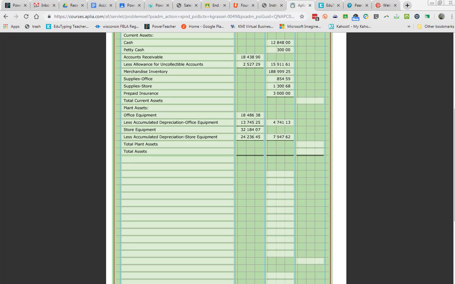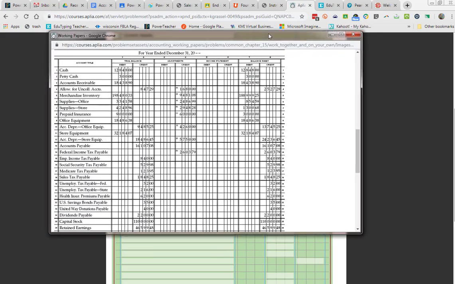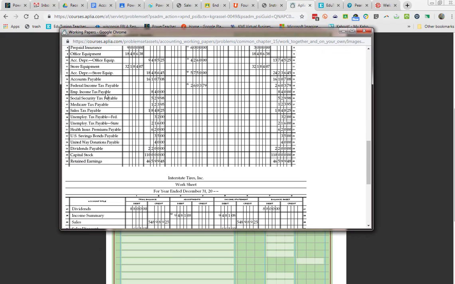So, liabilities is straightforward. The very first thing we have to do is put our heading, and our heading is liabilities. Now, we have current liabilities and long-term liabilities, but in our example right now, we have no long-term liabilities. An example of a long-term liability is something that's going to take a long time to pay off, like a mortgage. We don't have any examples for Interstate Tires, so I'm going to put in my heading of current liabilities followed by a colon. Then, on my worksheet, every account that says payable,